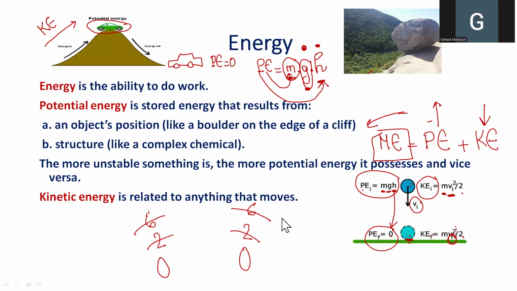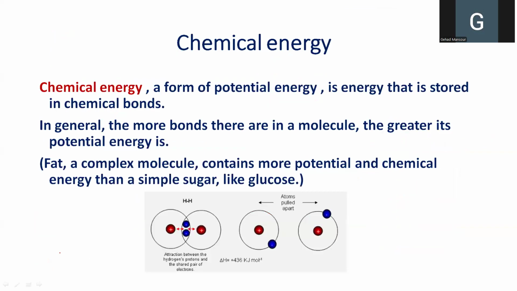So the two atoms are unstable, and when they bind together through a double covalent bond, each one of them reaches the octet state and they become stable. When the molecule of oxygen is formed, which is O2, this is a stable molecule. And the more stable the molecule is, the less potential energy it possesses. So,